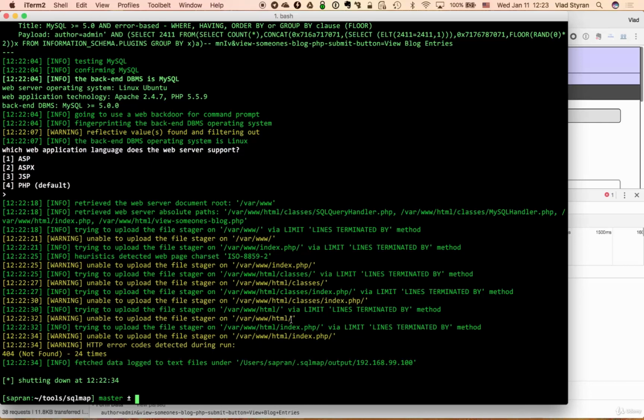Yeah, so I'm leaving this for your homework, right? You totally can do that. You can upload a web shell by an SQL injection in MySQL, configured by default. However, you have to have some more realistic